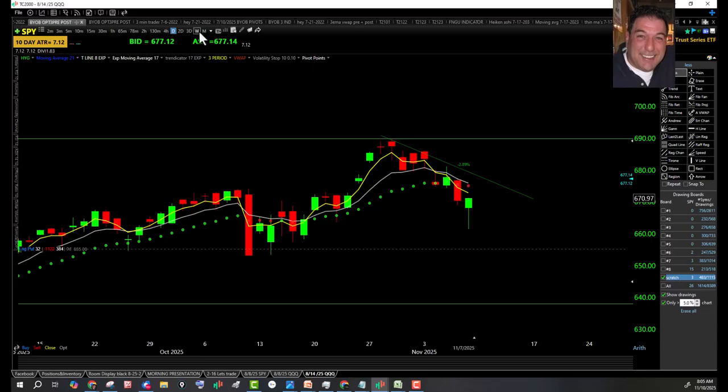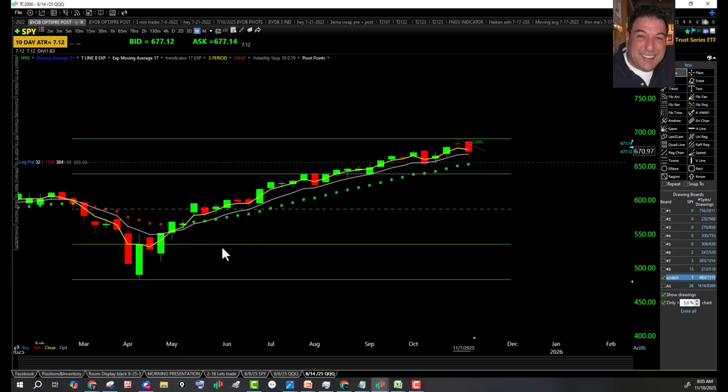So there's the daily chart. Weekly is still in an uptrend. Obviously, you can see the green balls on the 17 EMA. You've got price action candles riding on top of the 3 EMA, that's the yellow line, and the 3 EMA riding over the 8 EMA, that's the white line. And of course, the 17 is the green dots right there. We can see daylight between the 3 and the 8, and they're pointed up. So we've got ourselves an uptrend there on SPY.